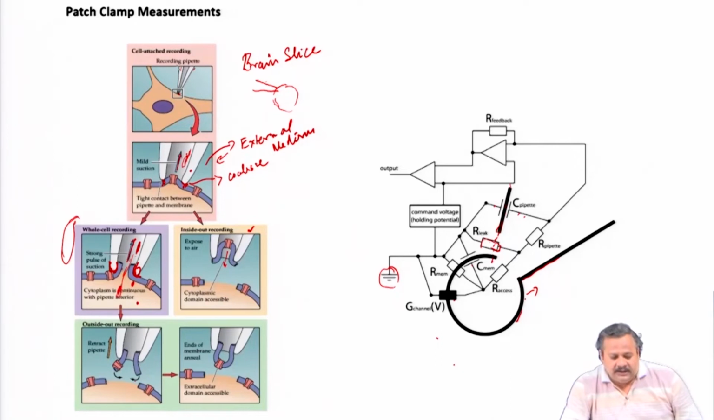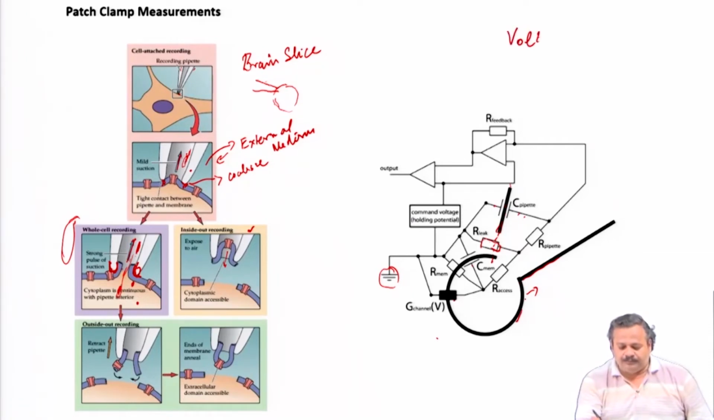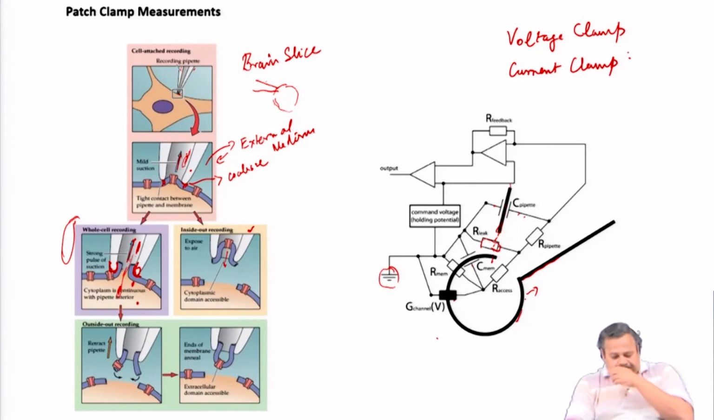In patch clamp recordings, there are essentially two modes of recording: the voltage clamp, or the current clamp. What we mean by the voltage clamp is that we set a voltage at which the membrane potential will be held or clamped. That we will call the V clamp, let us say, and that command voltage is